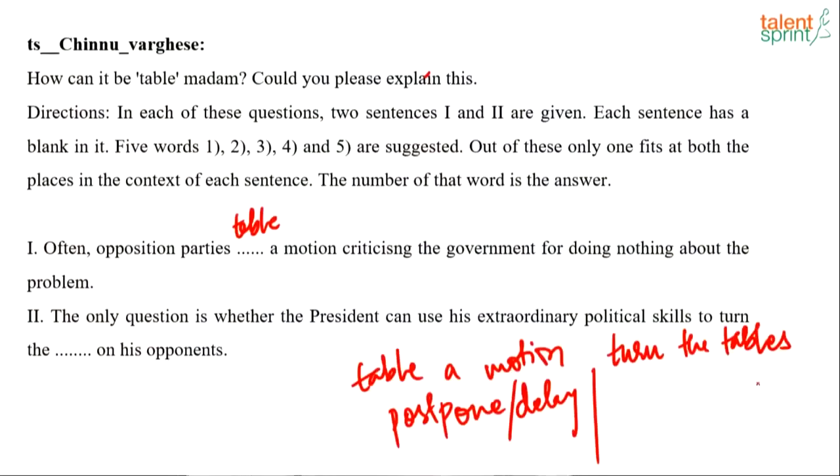What I was saying is there are 2 things. The word that we were looking for is table. Okay, so there are 2 phrases that we have: table a motion as well as turn the tables. Both are idioms, and table a motion means postpone something. Okay, and turn the tables means,